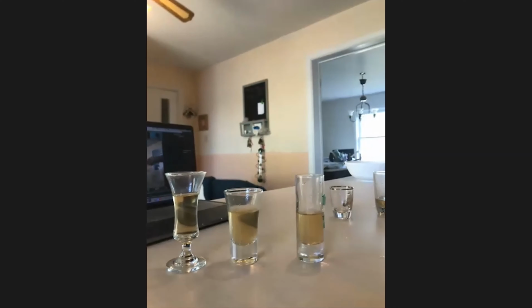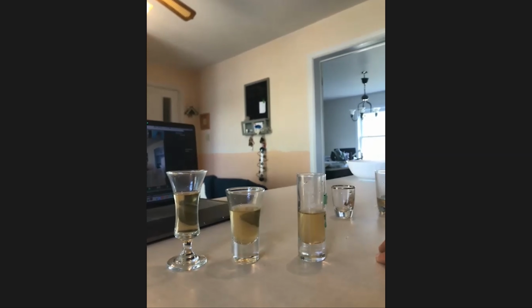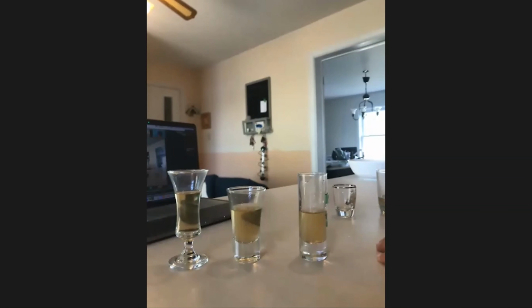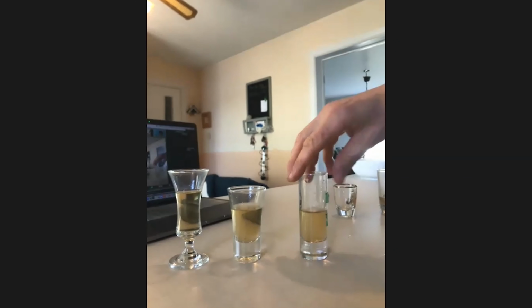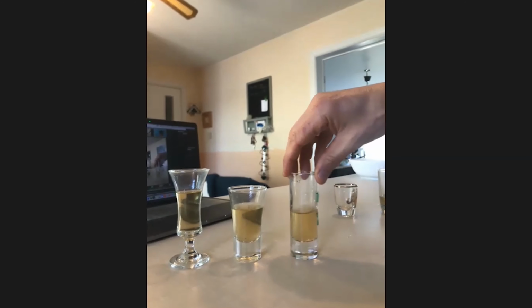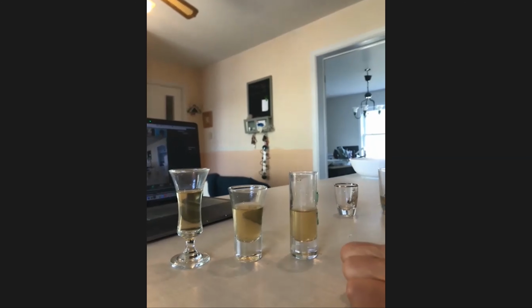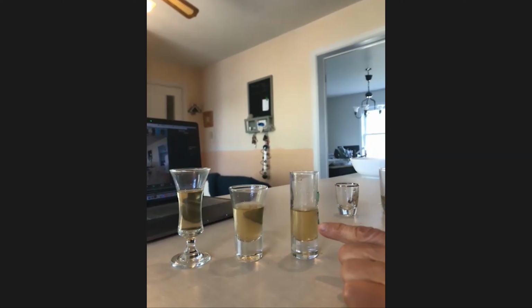Right. So if you go and you're getting a shot from someplace and they fill a little bit less or a little bit more, you have no idea. And that's a huge difference when it comes to the stronger alcohol. Sure is. Yeah. So those were some of my thoughts about when having gradations in your measuring container are useful,